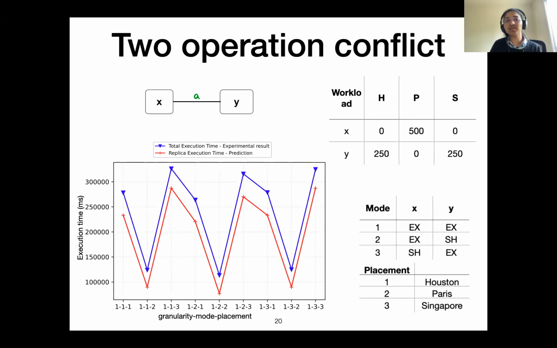So just consider a super simple config graph which has